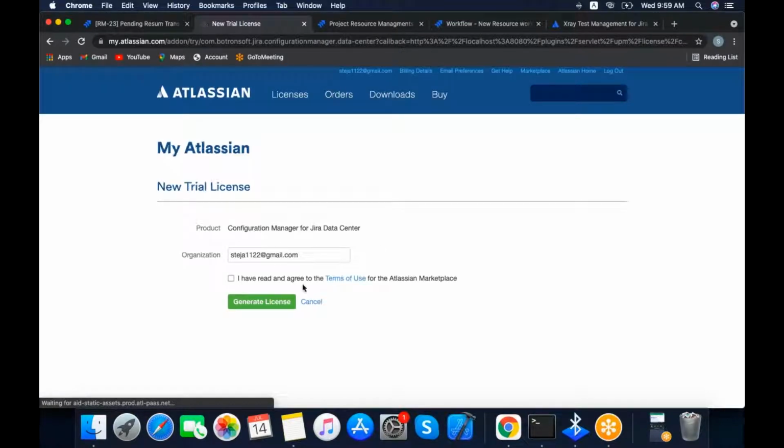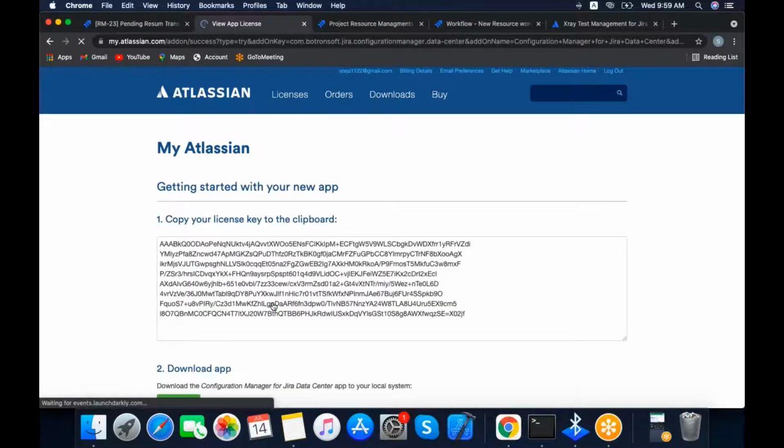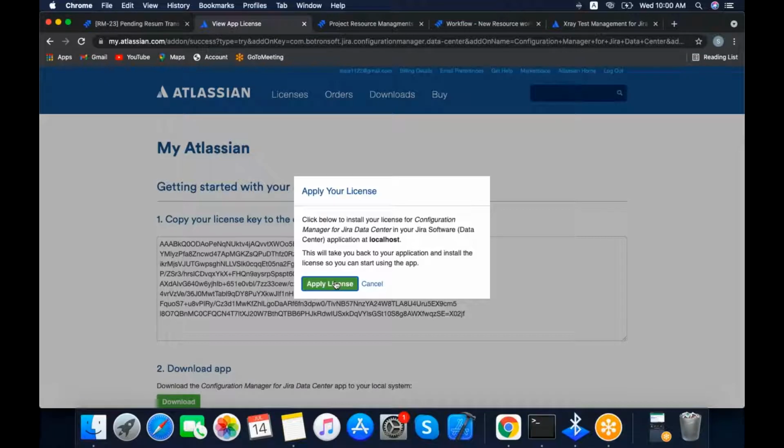It will redirect to myatlassian.com. From there, you need to generate the license, then automatically it will be reflected here. Apply license. Whenever we click on apply license, it will be applied there.